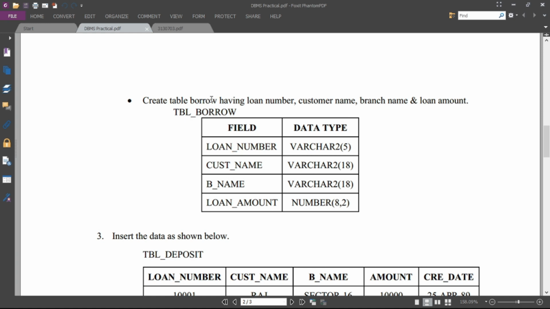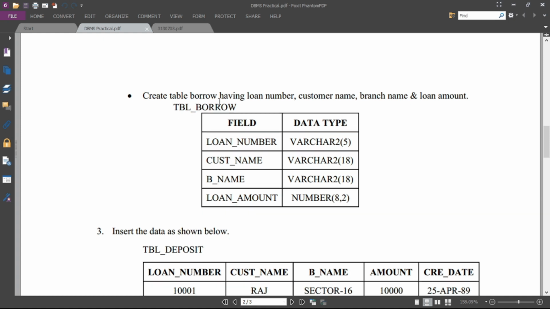Create table borrow, having the loan number, customer name, branch name and loan amount. The fourth table is table borrow, having four fields: loan number, customer name, branch name and the loan amount.